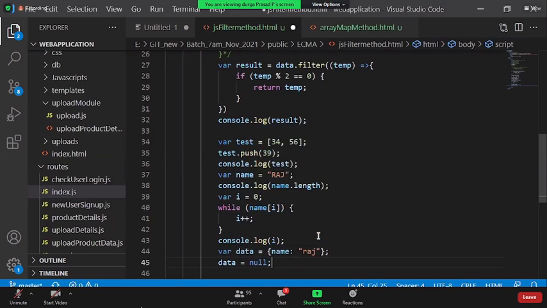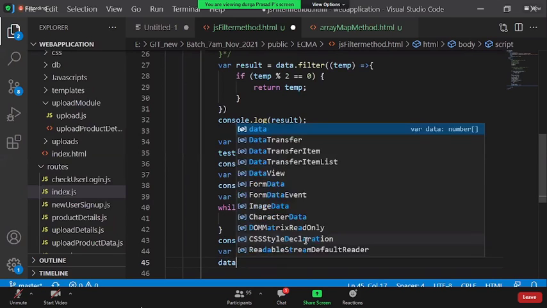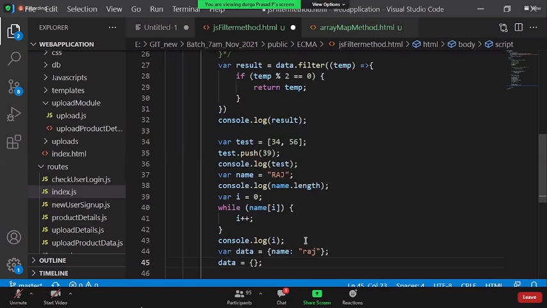Anything which is not being referred or which is not existing, we use this null. You may say that, boss, simply data is equal to object will also work, right? But still it is an object. It is still creating a memory with some empty structure. But once you say data is equal to null, I don't have anything. My type is object, but still my data type is null.